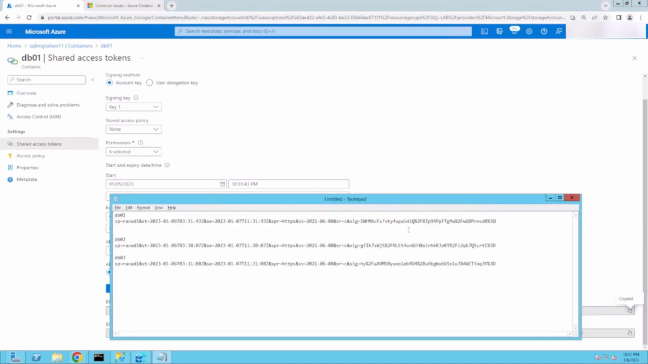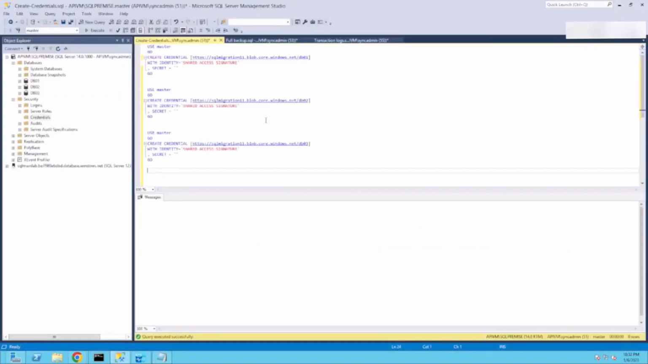So now that we have the shared access tokens, we'll go ahead to our SQL Server, start a new query, and go from there. So here's my SQL Server, my SQL Management Studio. You can create the credentials from here by right-clicking and clicking on New Credential, or you can follow the script. So I'm going to copy